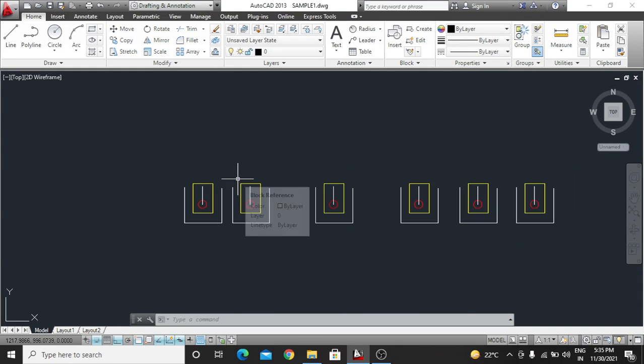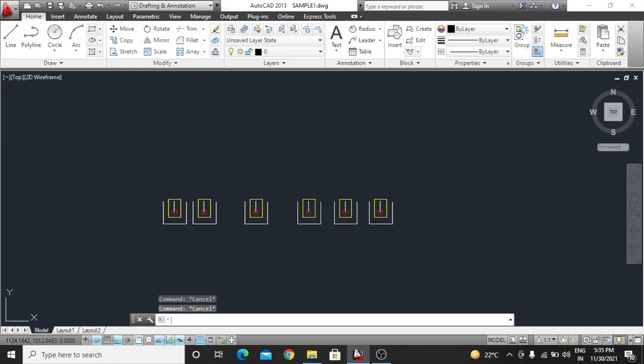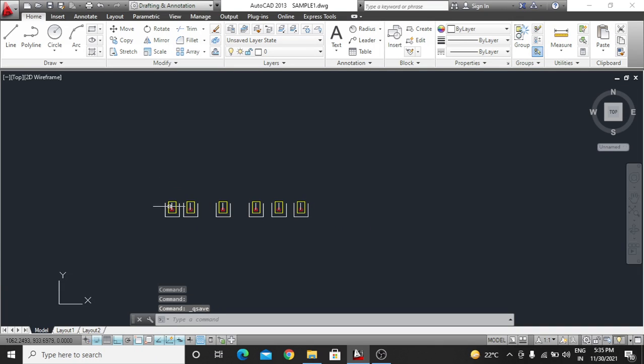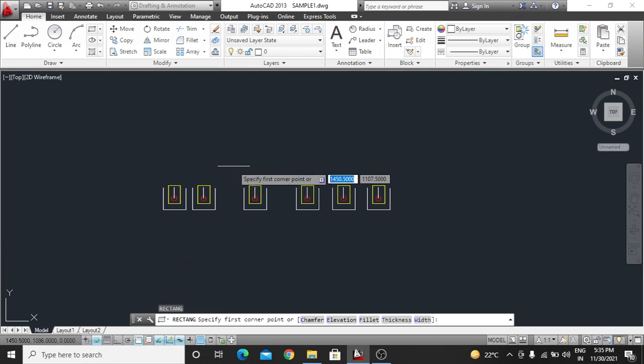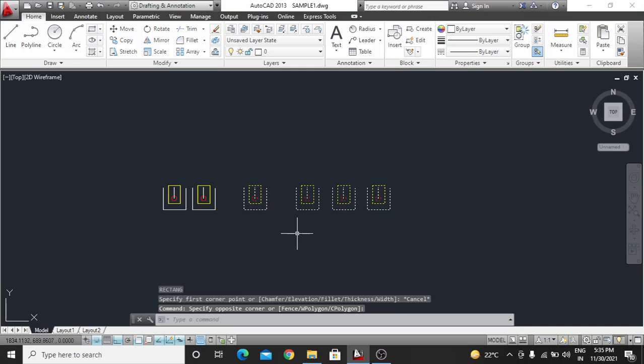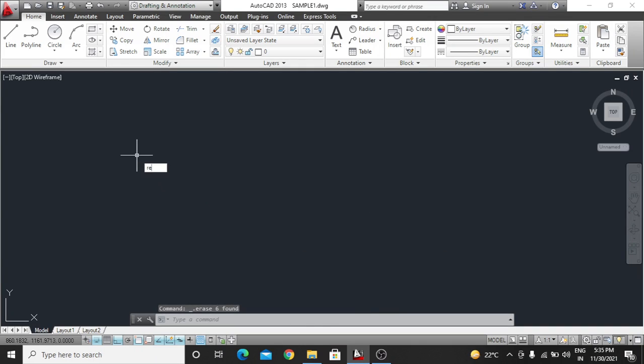Also guys, if your object is very heavy after hatching and color, and you make it a block, your object will be a light object. Another use of block is counting. For example, you are an architect and you have to make columns in a building.